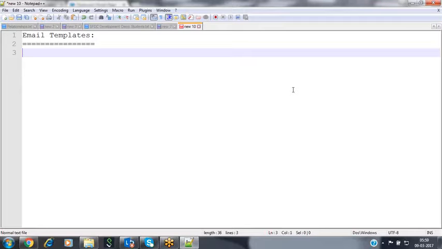If you have hundreds or thousands of customers, then sending that information to all the people individually is difficult. For that, we can use an email template. Inside that template, we can specify all this information and share it with all the people in a single shot. In one go, we can send the notification to all these people as well.